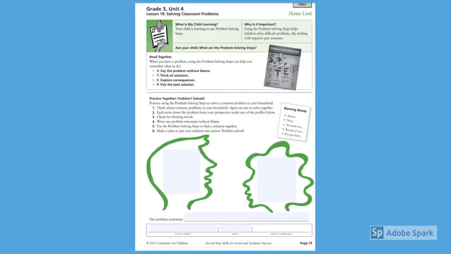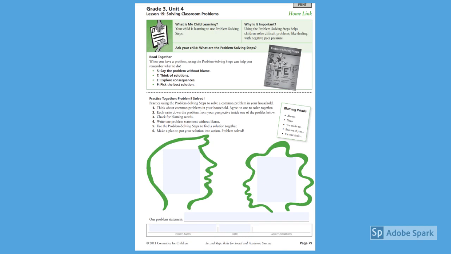Your work for today is Lesson 19, Solving Classroom Problem Worksheet, but you're going to practice solving problems at home with a family member. Your job is to think about a common problem in your house and try to solve it with a family member. You each write down the problem from your point of view or perspective in the profile below, and then check it for blaming words. Write one problem statement without blame. Use your steps to find the solution together and make a plan to put your solution into